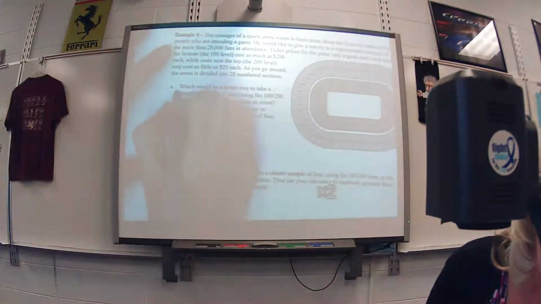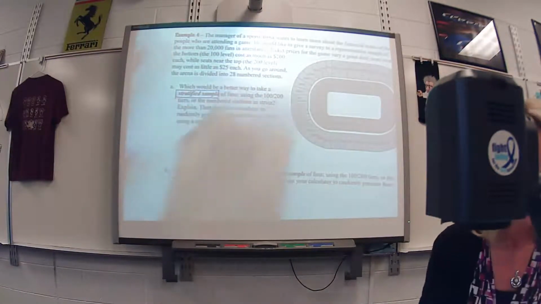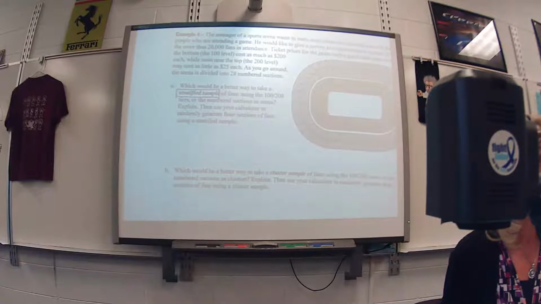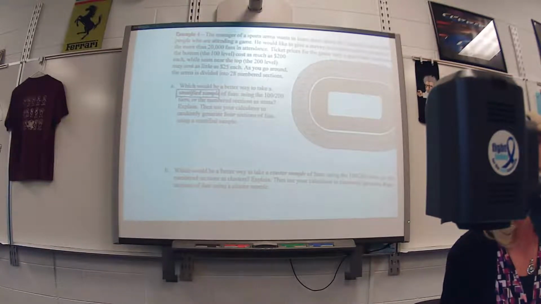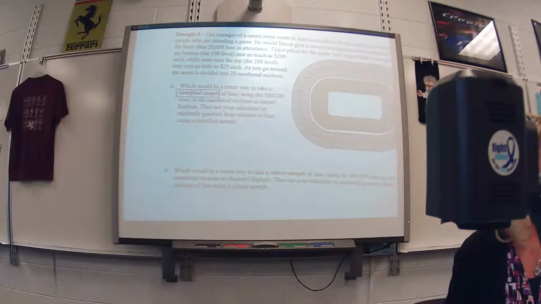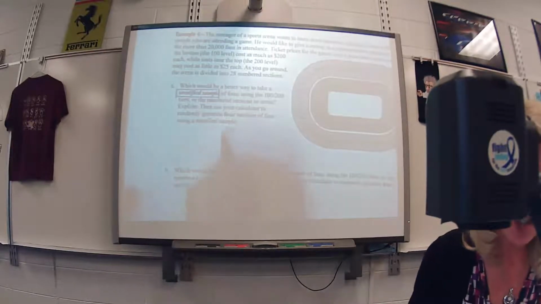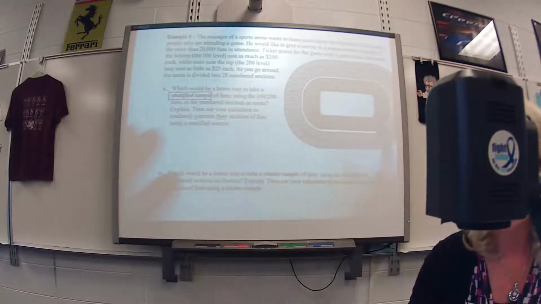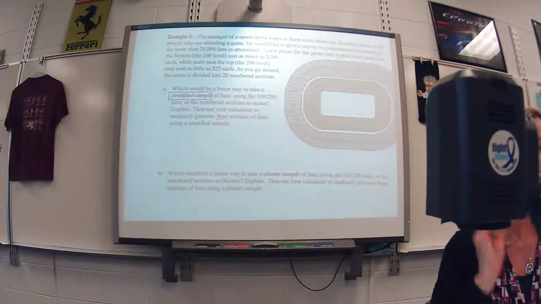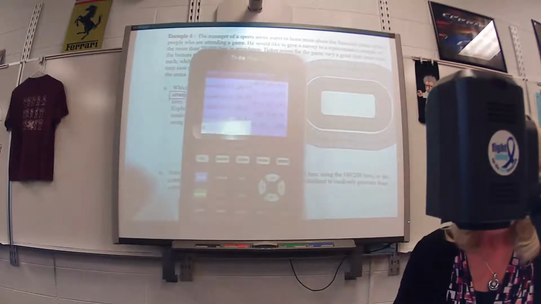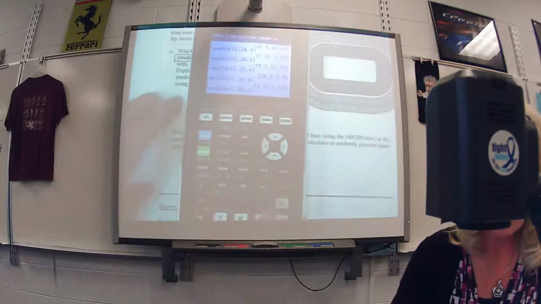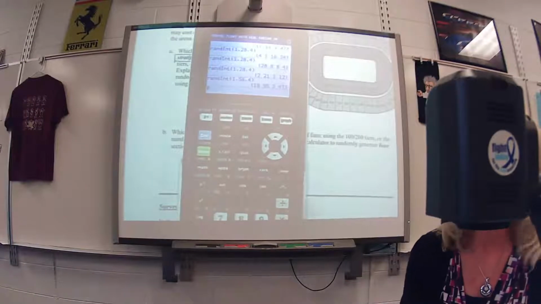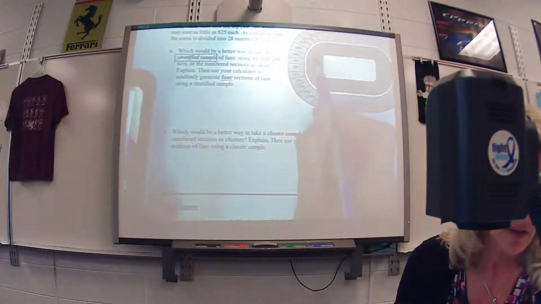So let's start by talking about a stratified sample. Remember, a stratified sample means you have identified several subgroups that might have something in common. Okay, so if you just randomly generated 4 sections, so you could say if there's 28 down here and there's 28 around here, there's 56. I could pull up my calculator and say, I need from 1 to 56, I need you to give me 4 sections. Okay, so I would say section 2, so there, section 18,